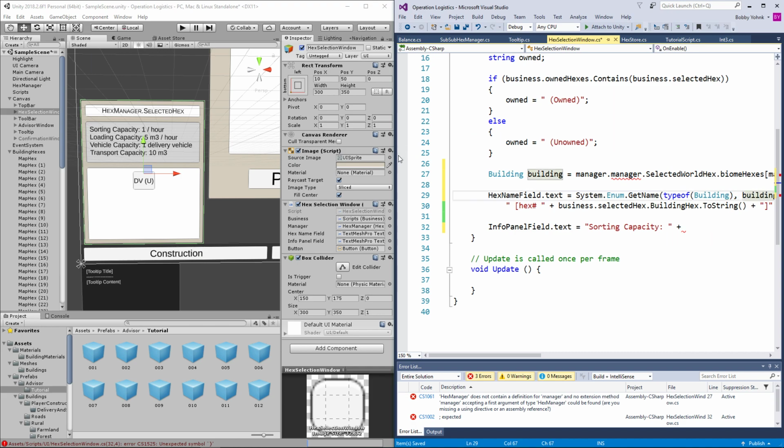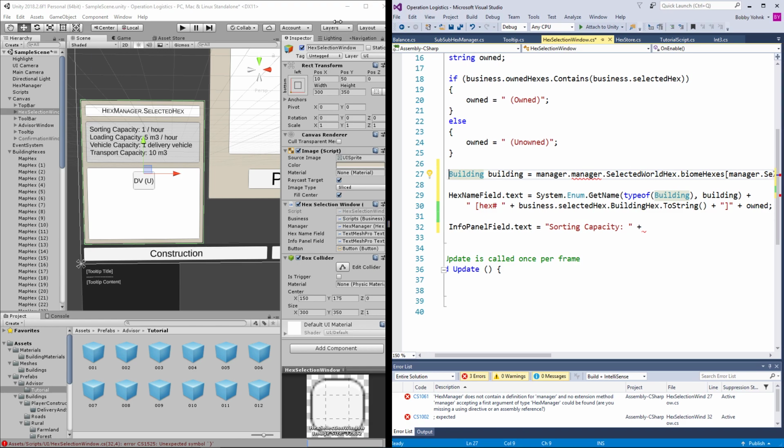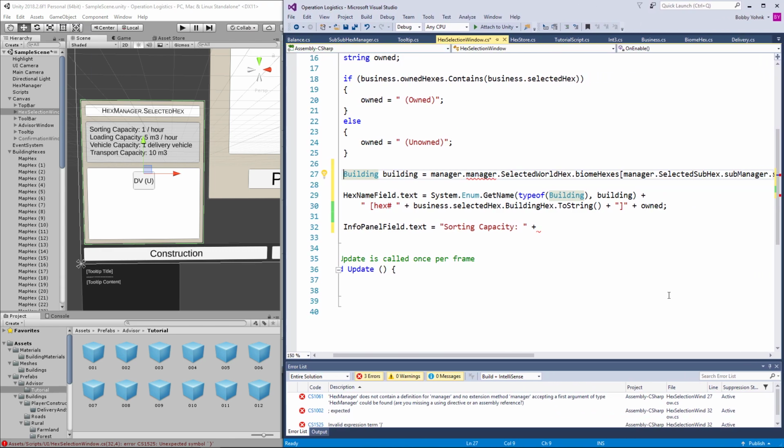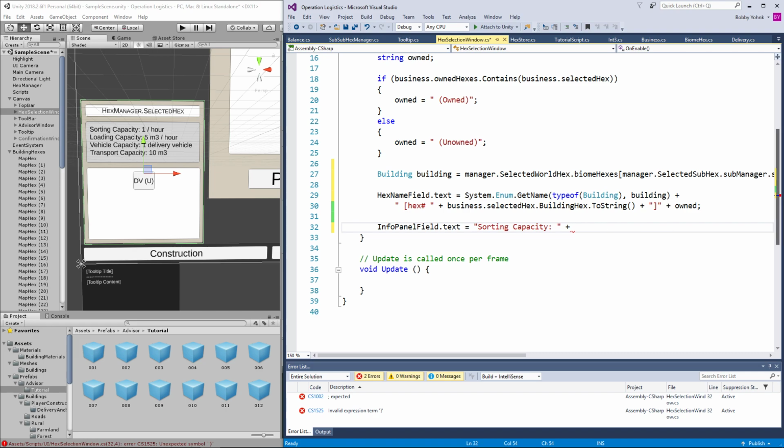It won't be a problem once I... No, I don't want a breakpoint there. Once I adjust this slightly. Something like... Oh, come on. There we go. Something like that. Of course, we don't need manager.manager. There we go. So our sorting capacity would then be business